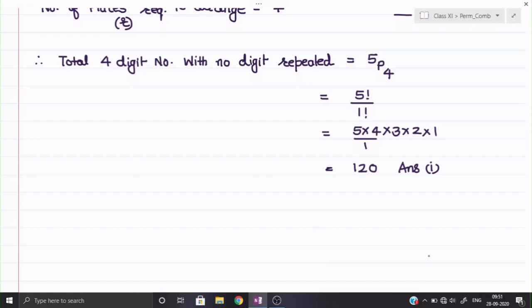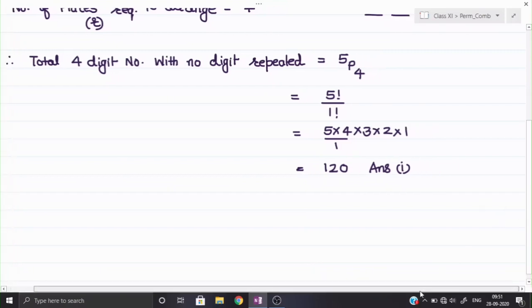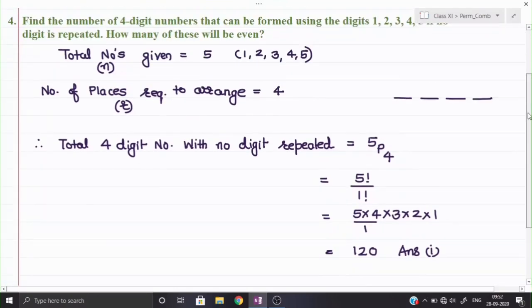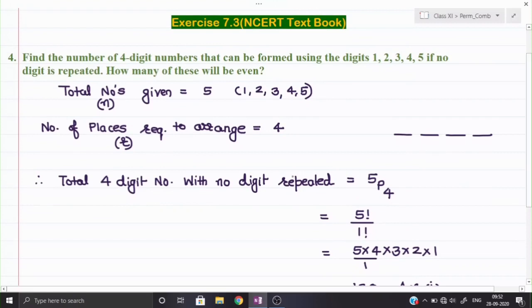Let us see whether our answer is correct or not, because we will not find out our answer this way. We shall find out by the proper method of permutations. So now see, if I look at this 4-digit arrangement, at the unit place which numbers can come? If I make a partition over here and say this is my unit place and these are the 3 remaining places, then onto the unit place who can come? 2 can come or 4 can come. So in that case the value of n will be equal to 2 and the value of r will be equal to 1, because only one place I need to arrange, and the total number of ways will be here 2P1.